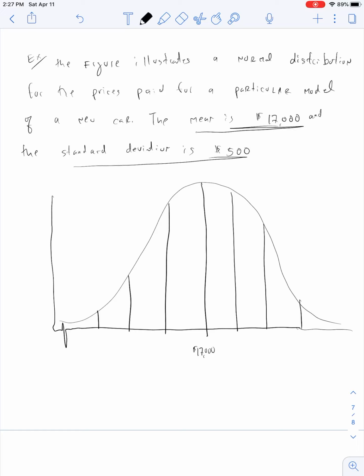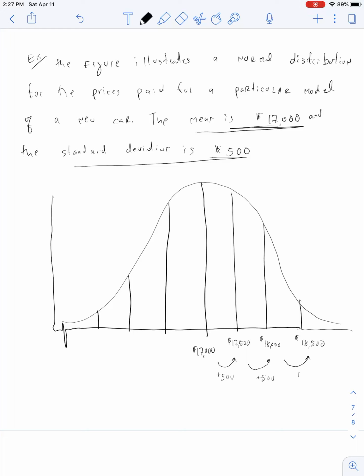Mean is 17,000. Standard deviation is 500, which means we add 500 every time. Right, so 17,500. Add it again. 18,000. Add it again. 18,500. All right, once again, it's always plus 500,